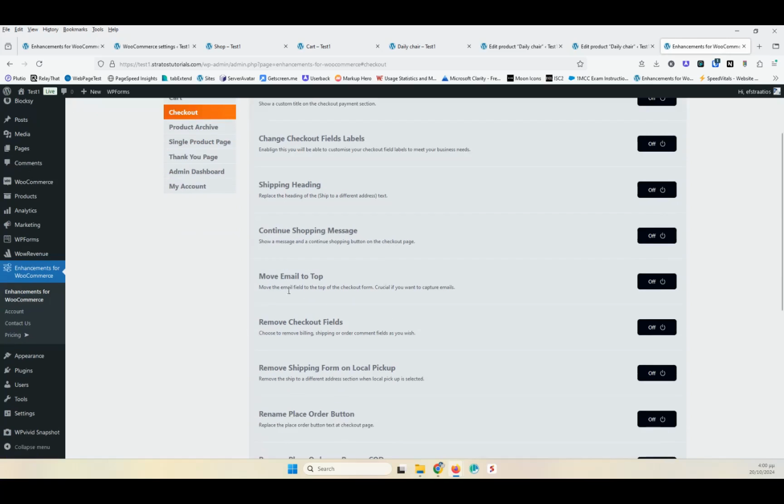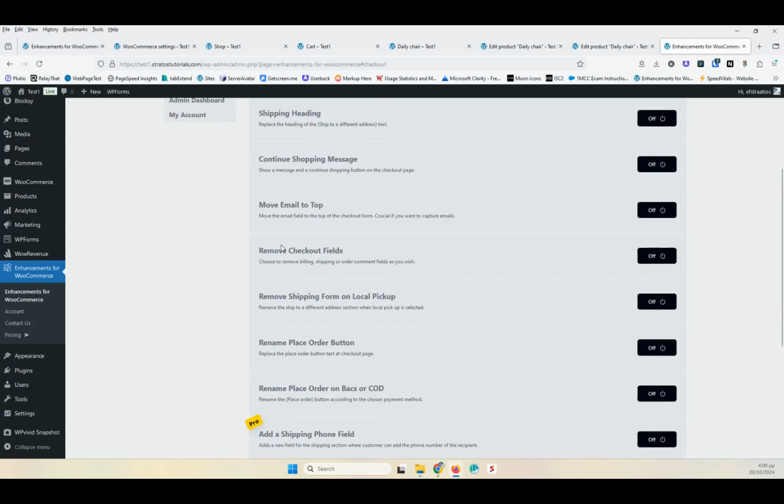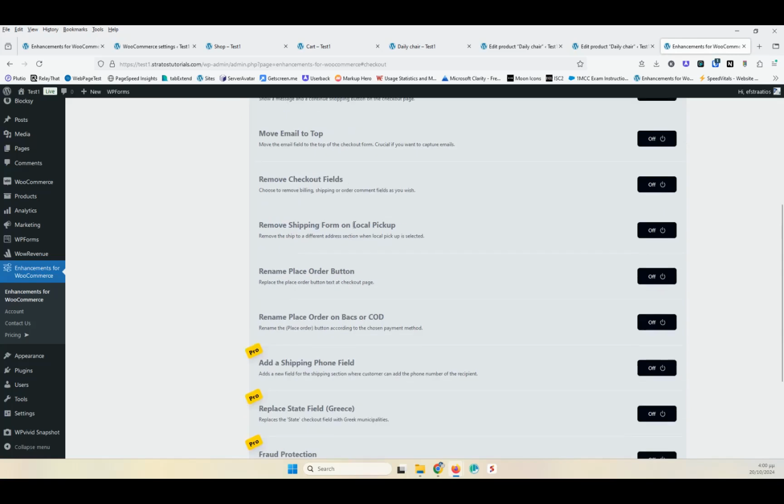Move email on top, so you can have the email field on top, and this is good because you want to capture the email, and even if someone leaves your website, if he has put in his email, maybe you are able to capture that. Remove checkout fields, so you can choose the fields that you want to remove. Remove shipping form on local pickup. If someone chooses local pickup, he doesn't have to select the address and everything else, because he's going to pick up